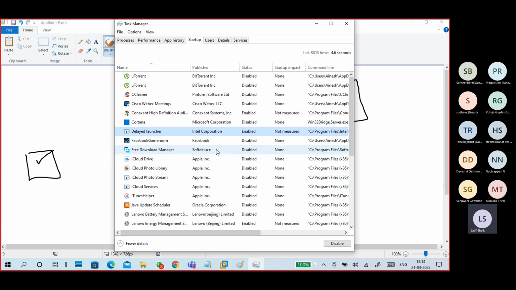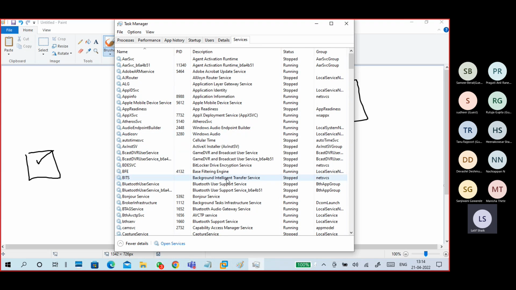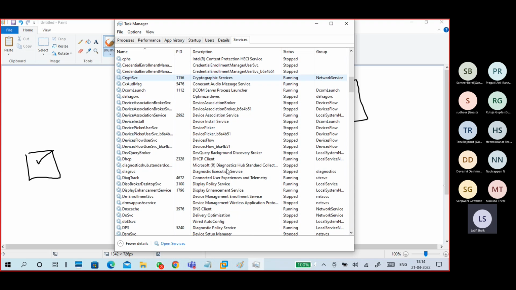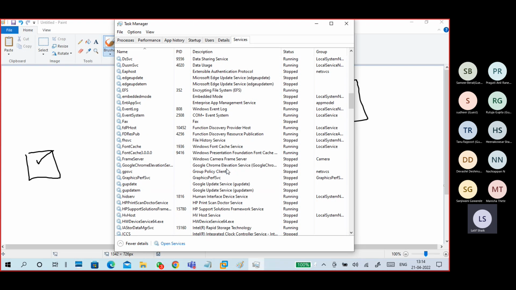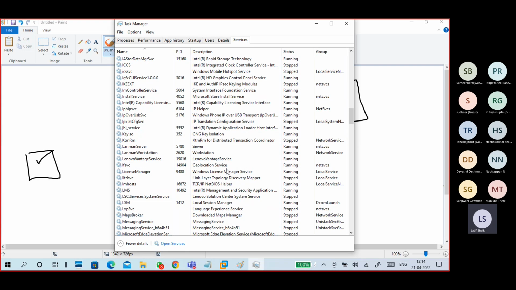Certain things may require, so compulsory disable or enable the things. That is first of all. Next, you can disable the services. Next part, I will tell how to manage the services also. So disable the services or stop the running services if no longer required for a particular service. Some services are required, some are not required.